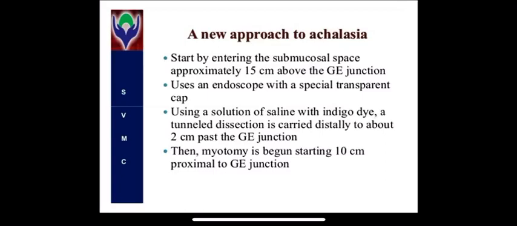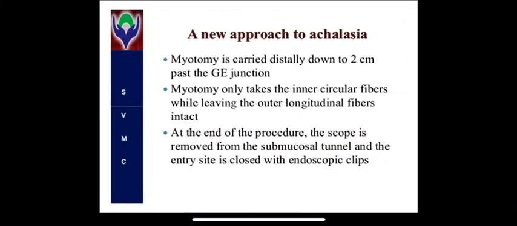Using a solution of saline with indigo dye, a tunnel dissection is carried distally to about 2 centimeters past the gastroesophageal junction. Then a myotomy is begun, starting 10 centimeters proximal to the gastroesophageal junction. Myotomy is carried distally down to 2 centimeters past the gastroesophageal junction. Myotomy takes only the inner circular fibers while leaving the outer longitudinal fibers intact. At the end of the procedure, the scope is removed from the submucosal tunnel and the entry site is